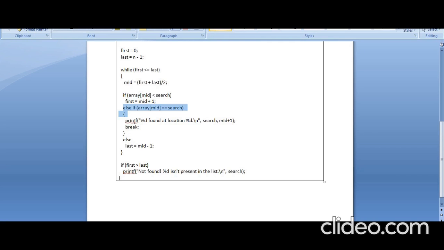Yes. So what are we supposed to do? We have got the number. So print: percentage d found at the location percentage d. The first percentage d is for search, the second percentage d is for mid, and we simply break. Hope this is clear. It will not execute the further part. This is the first condition.